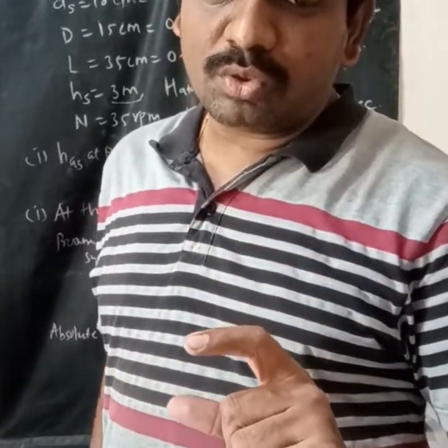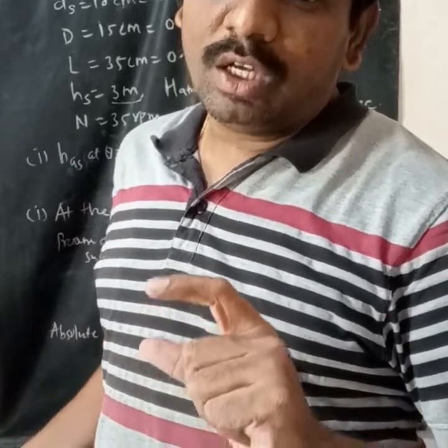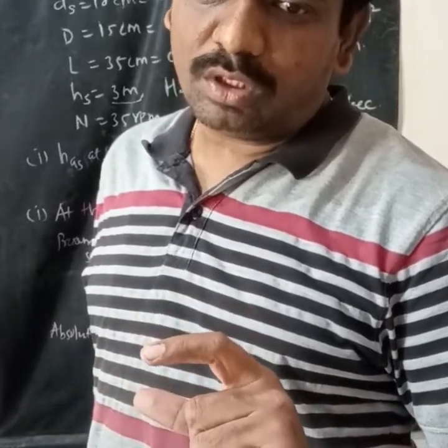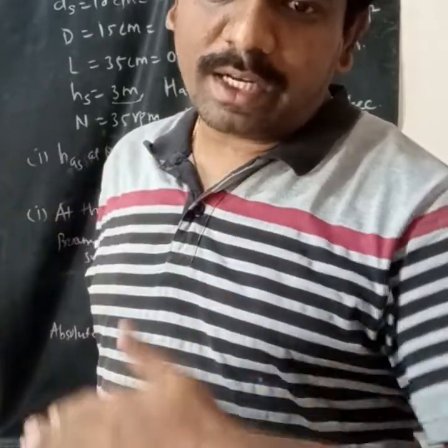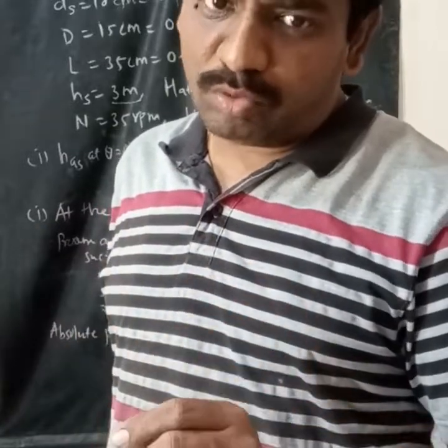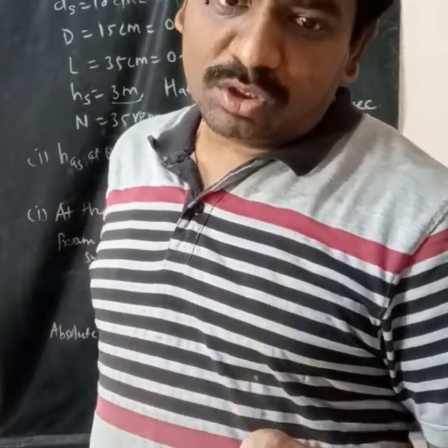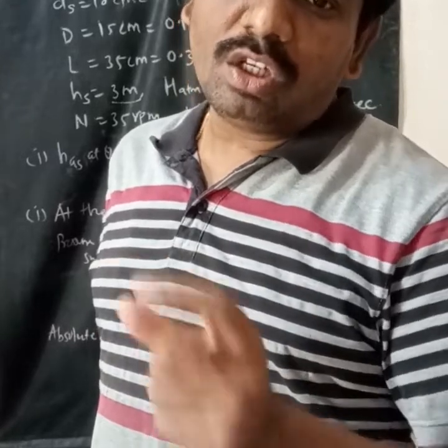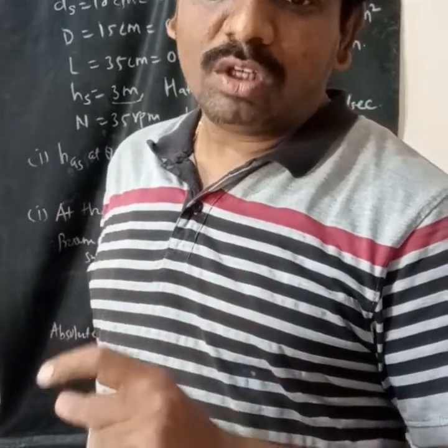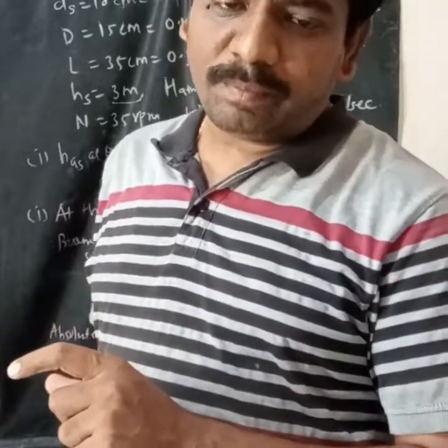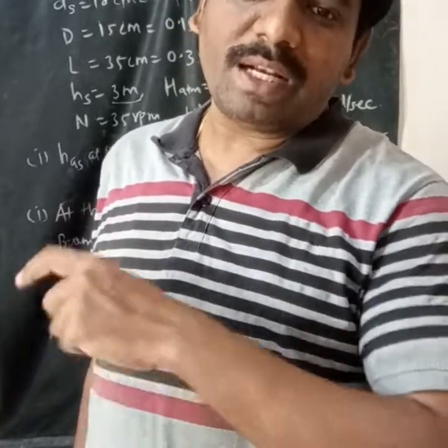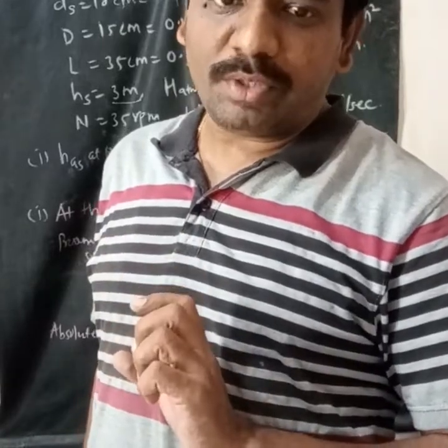So at the beginning of the suction stroke, the value of the pressure will be equal to HS plus HAS, which is below the atmospheric pressure. So the absolute pressure will be H atmospheric minus this value. Second, at the end of this suction stroke, again this value, that is HS minus HAS, will be below the atmospheric pressure head. But the absolute pressure is again H atmospheric minus this value. Now at the delivery stroke,